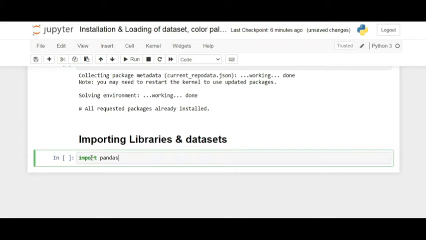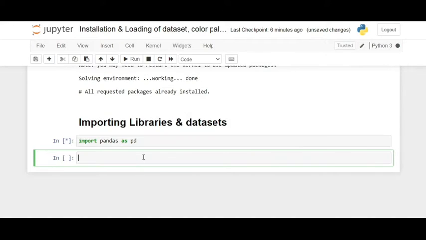This will import the library. From now onwards we have to use this word pandas in our programming, so every time we have to write pandas. Instead of that, we will use import pandas as pd. Henceforth, you can use pd as the short form, and then press shift enter. So this particular library is imported.